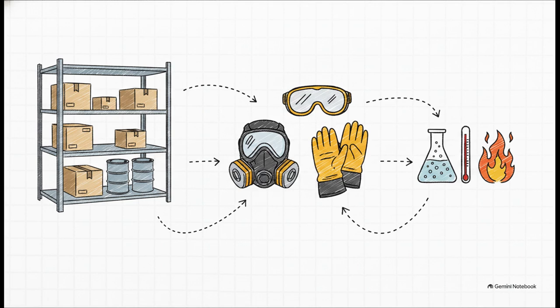Section 7 tells you how to safely store it on a shelf. Section 8 tells you exactly how to protect yourself while handling it, like what are the exposure limits, or do you need a very specific respirator. And then Section 9 gives you the physical and chemical properties to look out for, like what it looks like